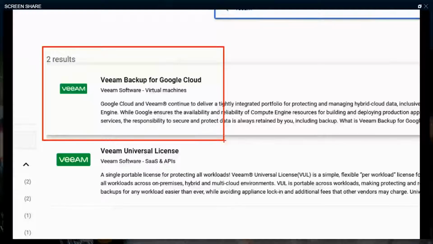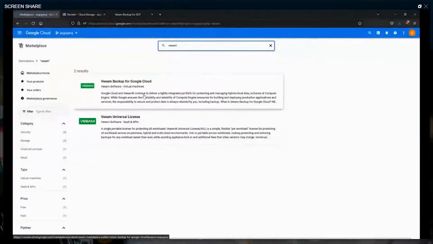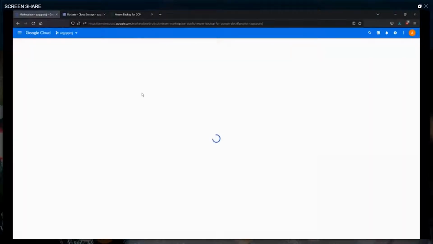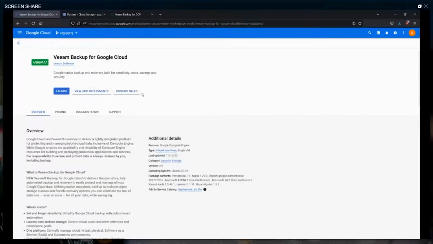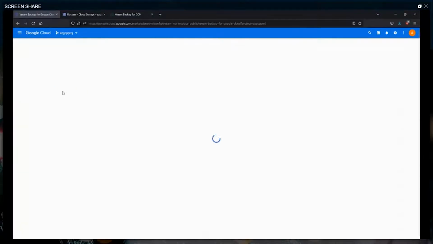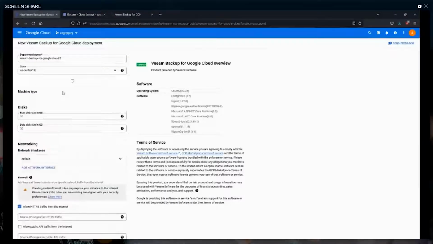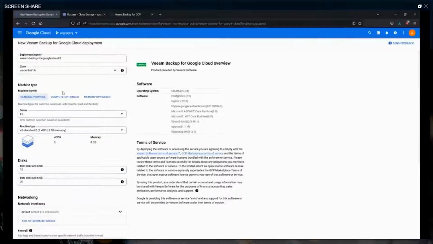You're spot on, Sam. Okay, so let's click on Veeam Backup for Google Cloud. And basically this is the way to find our solution out there. This is something that Sam already mentioned a few times and had a bunch of slides about. But this is where your journey with Veeam Backup for Google Cloud would start. And obviously the deployment process would look like that. You'll have to provide a deployment name, select the data center, the zone where you're going to have this solution deployed, and then define a couple of